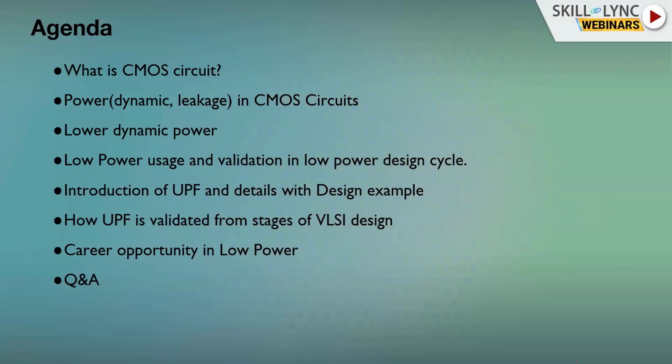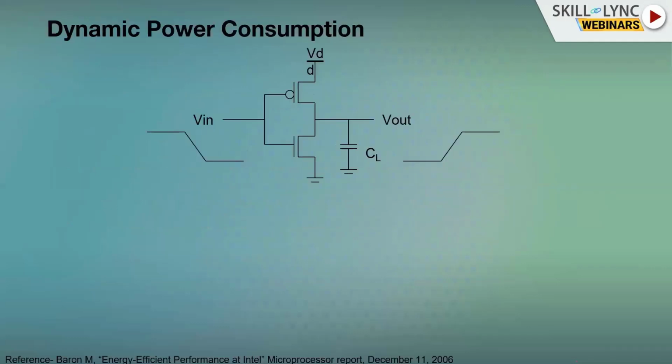Then I'm going to the next slide, where first we'll talk about the CMOS circuit, then we'll go to dynamic power consumption. If you see the circuitry here, it is a PMOS circuitry here, and an NMOS circuitry here. If we have these two, that will be called a CMOS circuitry. And if you see, this is the source and this is your drain, and this will be a drain and this will be a source.